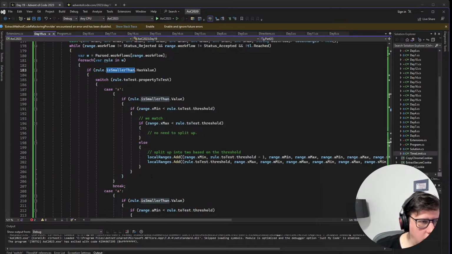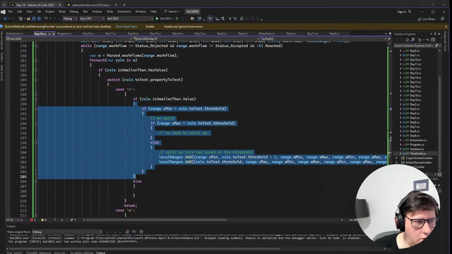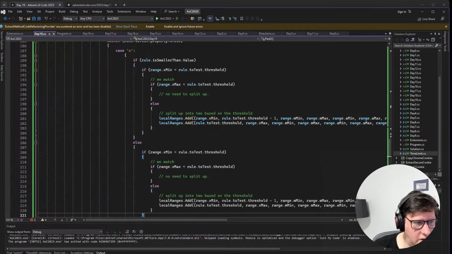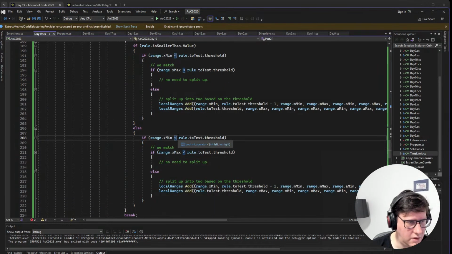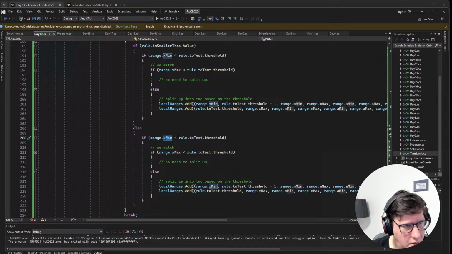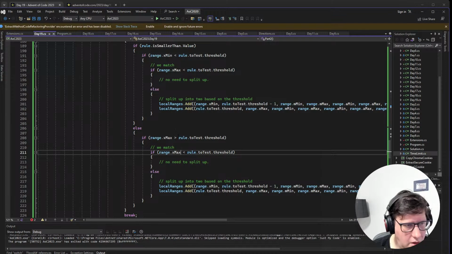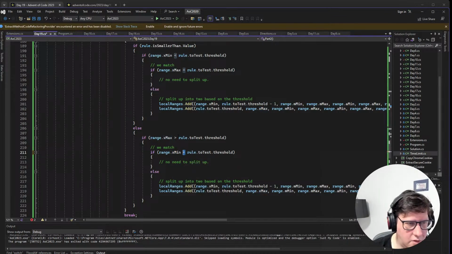Yeah, okay, we also have that, and else this is the larger case, and then we need to do this again to change it. So now we need to make sure that the max is above threshold, and then we need to make sure that the x min is also